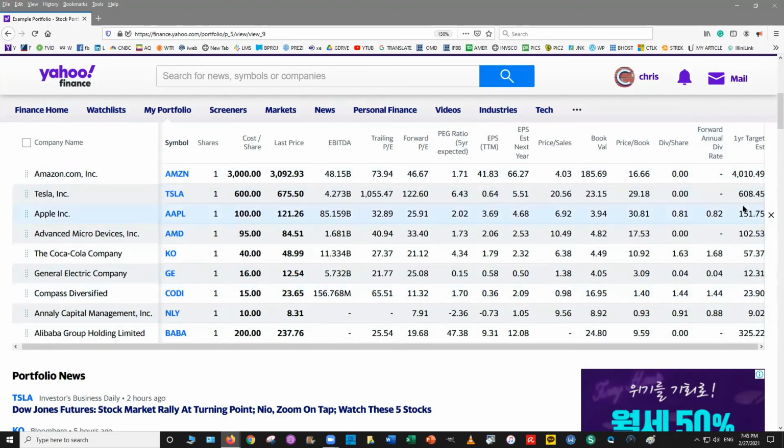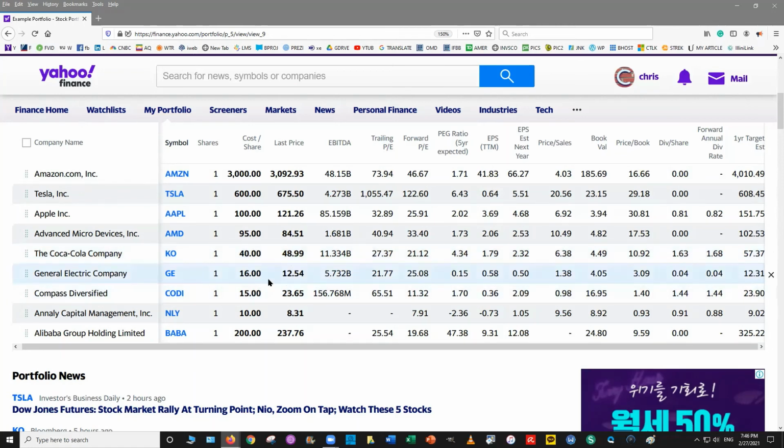Finally, is price target. Now, right now, Amazon is at $3,092. Now, the estimate is 4,000. All the experts are like, in 1 year, Amazon's going to be a $4,000 stock. Well, these are just estimates, remember. Maybe it is, maybe it won't. So now if Amazon was only $100 and they're saying, hey, it's going to be worth 4,000, you might want to buy it, right? Because all the experts are saying it's going to be really, really high. So if it's really, really low, you would buy it. But if the estimate's only $57 and now Coca-Cola's $49, yeah, maybe it will go up $8 more, maybe not, right?